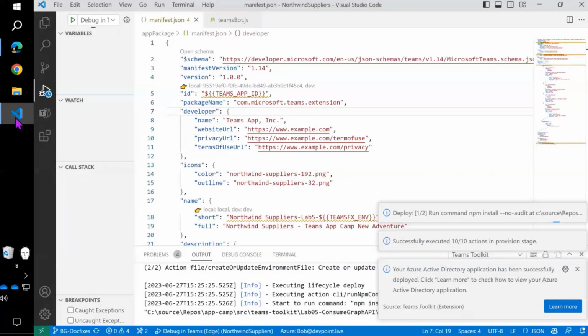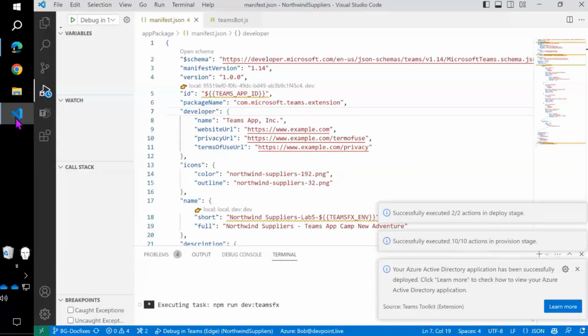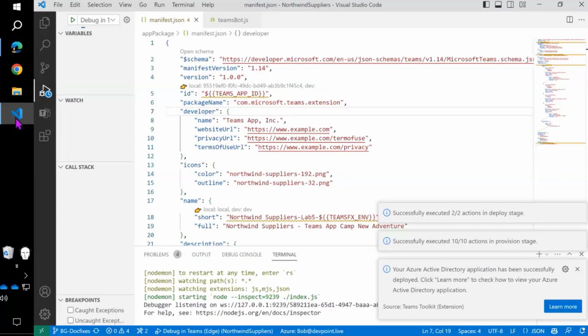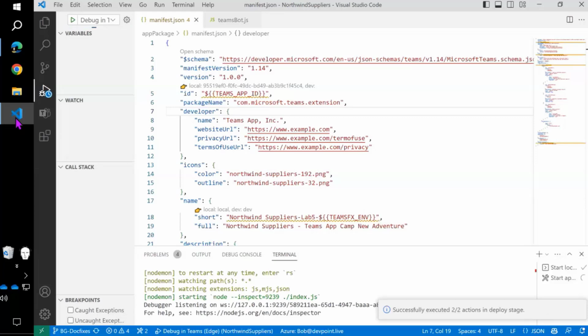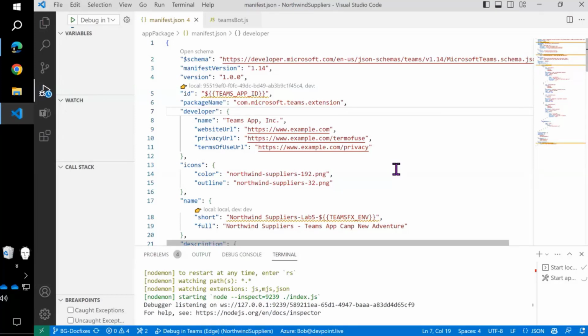So so far I've been showing it off of my Azure deployment, which had a couple of advantages. One of which is that there is an issue right now, just a fair warning, that sometimes these bots take a while to start up. If you've just created a brand new bot, it can take a minute or two or even 10 to get running. They're working on this, but just don't be distressed if you go to do the labs and you're running locally. You don't actually have to. If it seems like it can't connect, just wait a minute, and there's a good chance that it will start connecting. Okay, so it's taking a second.